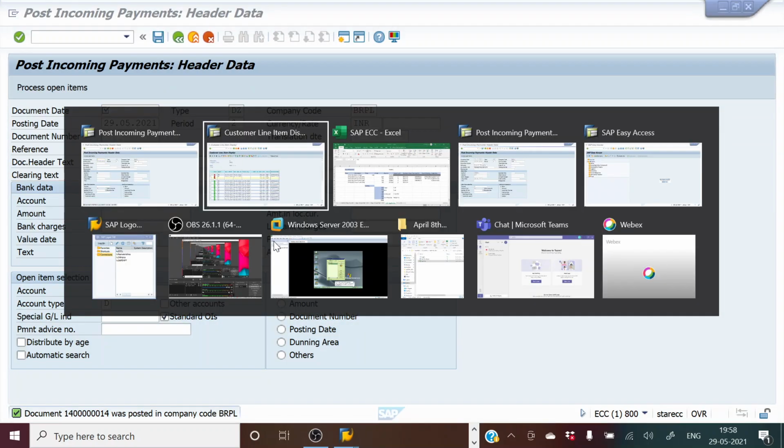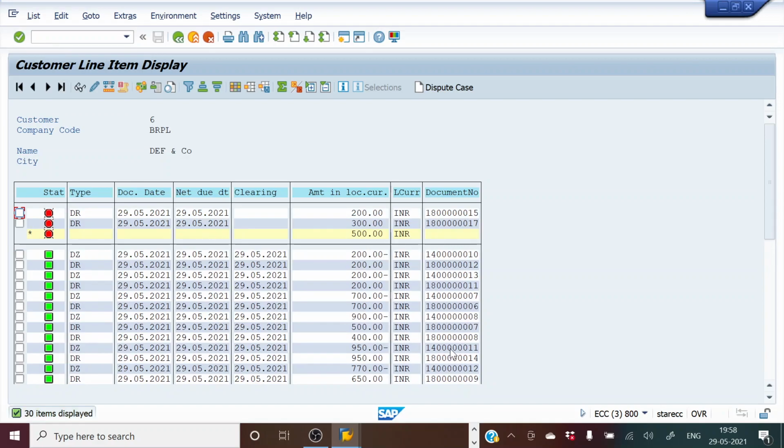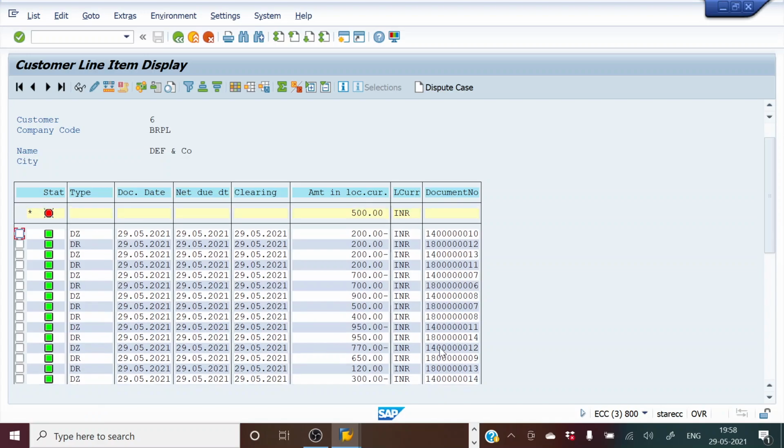So what happens is that now if I go to this screen, the line item screen, and I refresh, you will see that the 300 has gone to the open item, and this 300 is the payment entry, and this is the invoice number, which was 16, right?